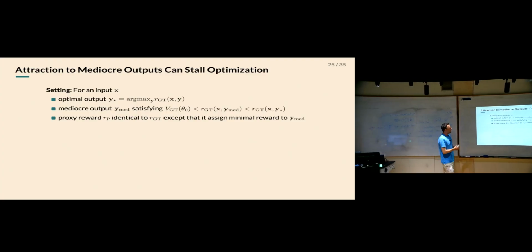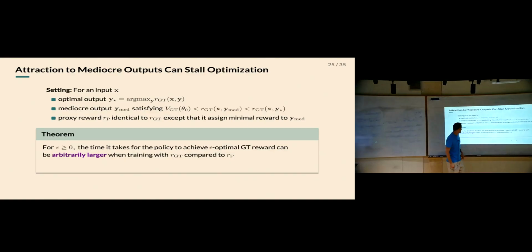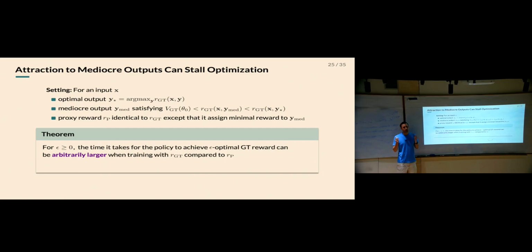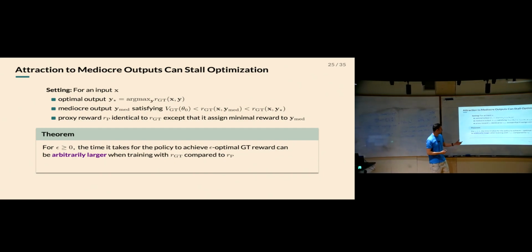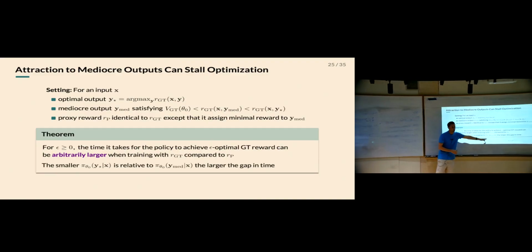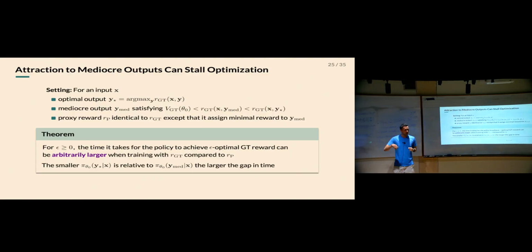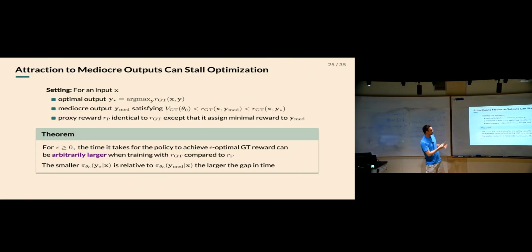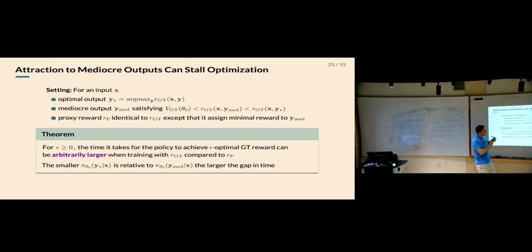Okay, so how do these reward functions differ in terms of optimization time? Well, it turns out that the time it takes to achieve near optimal ground truth reward can be arbitrarily larger if we train with the ground truth reward directly, okay, compared to training with the proxy reward function. Okay, and what controls this gap is the relation between the probability of y star and the mediocre output. Okay, the larger the probability of the mediocre output is relative to the probability of y star, the longer we will get stuck around the mediocre output, and